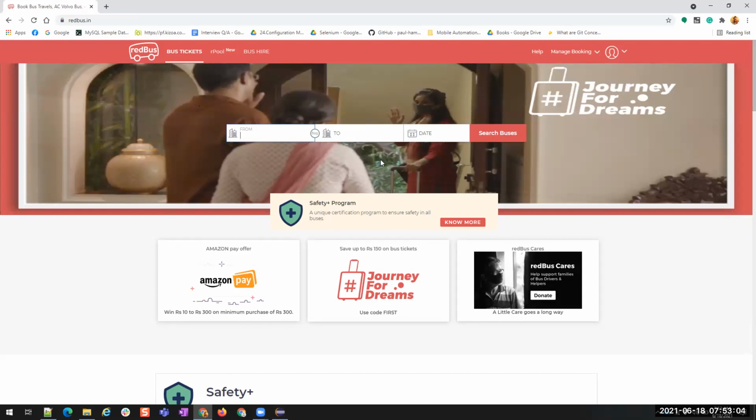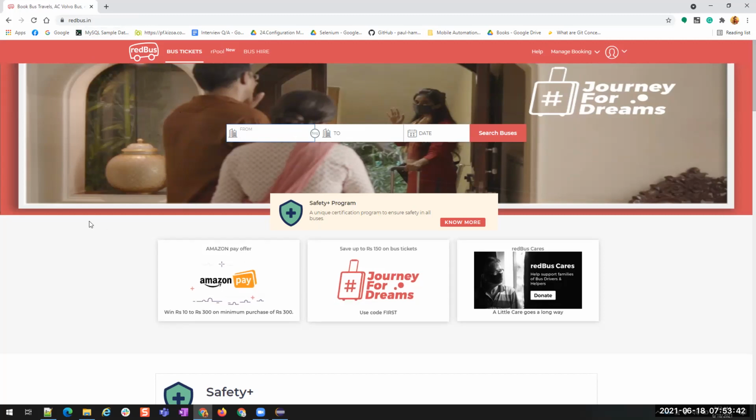If you want to travel from one location to another, this site helps us to book buses. Private travels you'll have, right? Not the government buses, but recently they have also added government buses here. Earlier it was only private services. There was no particular site for private services, so Redbus took the opportunity and created a common site for all the private services so that they can sell their tickets online. That is the intent of this site. That's none of our topic, but just letting you know what this site is for. This is the production site, not our test site, but just to show you some examples on XPath, I'm using this.